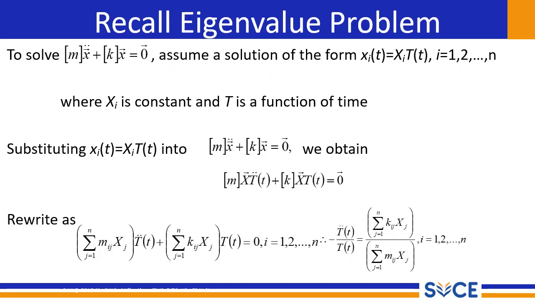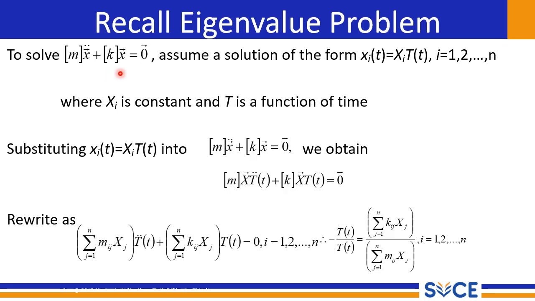Welcome back. In this segment, we are going to revisit the concept of eigenvalue problem, specifically in the context of solving systems of second order linear homogeneous differential equations, often encountered when analyzing vibrating systems. Our goal is to solve the equation M x double dot plus K x equal to 0. Here M represents the mass matrix, K represents the stiffness matrix of our system, and X is the displacement vector as a